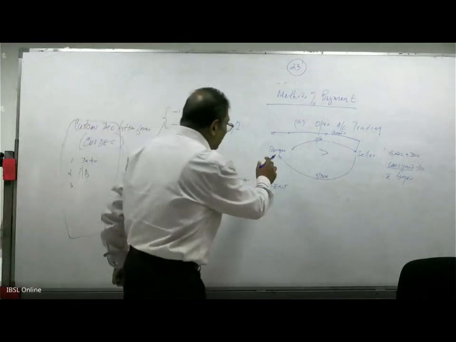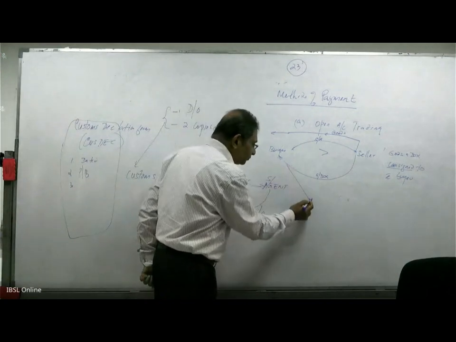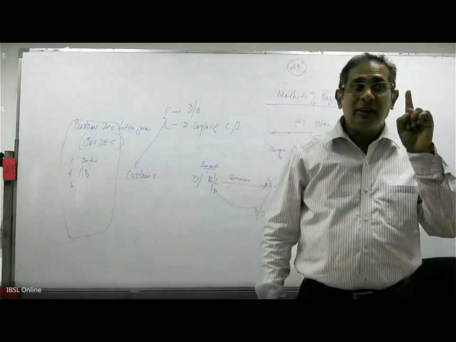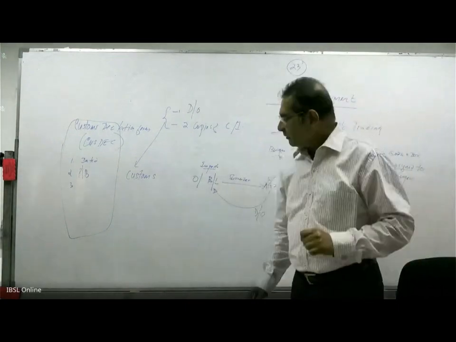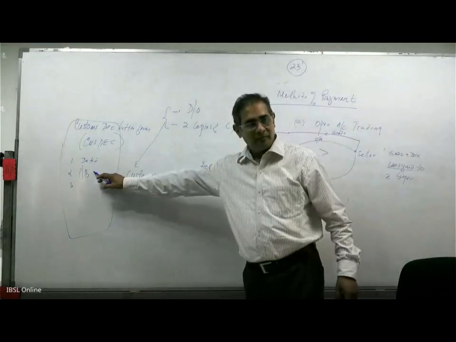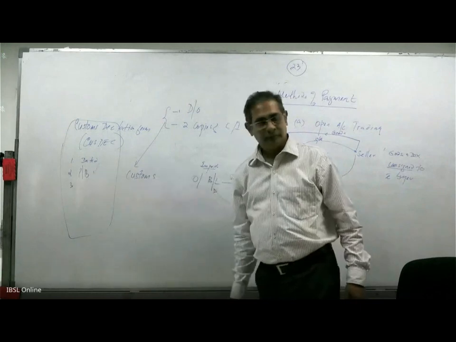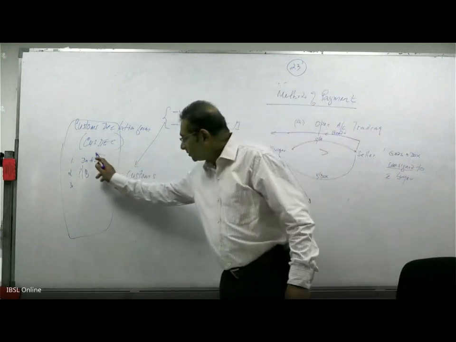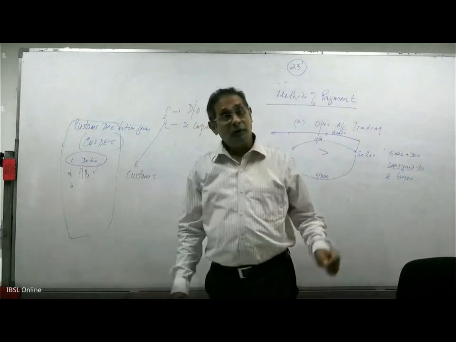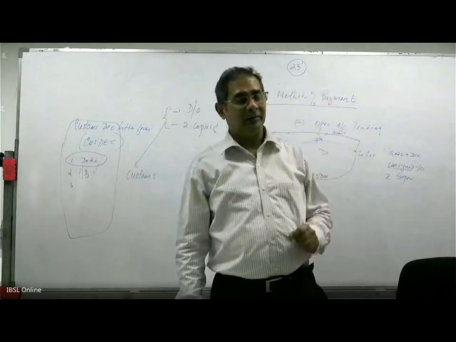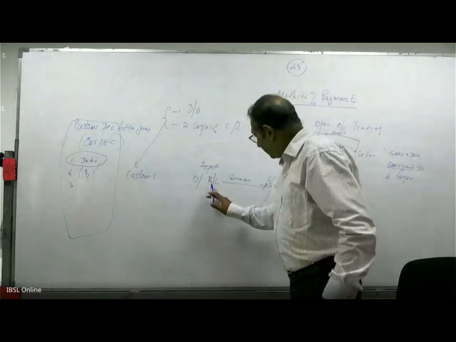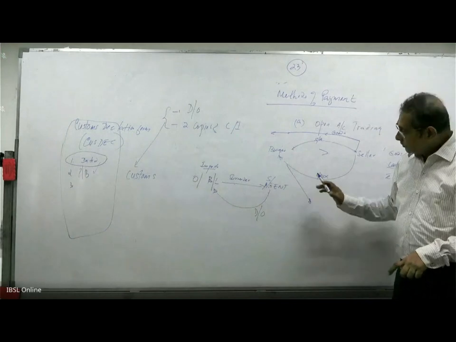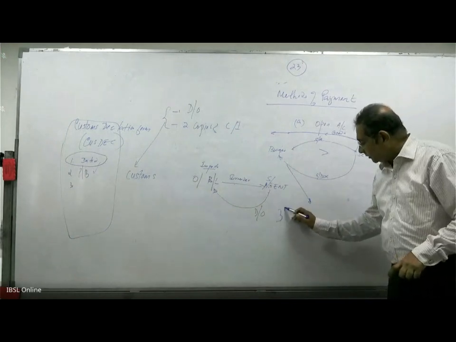Right. When he goes to the banker, the bank will check one thing. First of all, the bank will check whether he's coming to the correct bank. Right? Fine. Second one, the most important thing the bank will check is the date. Not whether he stated it, they will check the date. The customer or the importer, when he comes to the bank to make the payment, he has to come within 365 days.